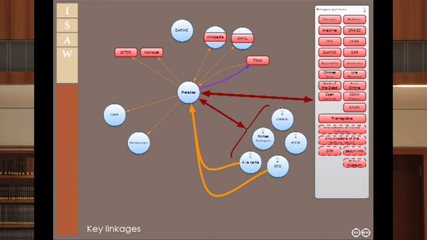So how do these links work? Well, we have a large number of links automatically coming in and out from the various Pelagios partners. We also have projects that are creating links back into Pleiades. These include the Regnum Francorum Online and the Mapping Center's a la carte mapping tool. We make use of machine tags and Pleiades IDs in Flickr, as well as the Flickr API to pull data in and link data back out. And then we have manual links that are growing between OpenStreetMap, GeoNames, Wikipedia, the UNESCO World Heritage List, JSTOR, WorldCat,